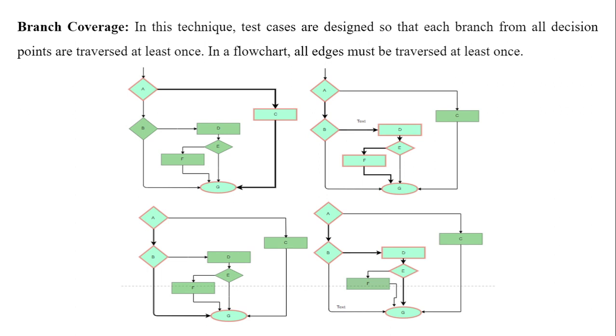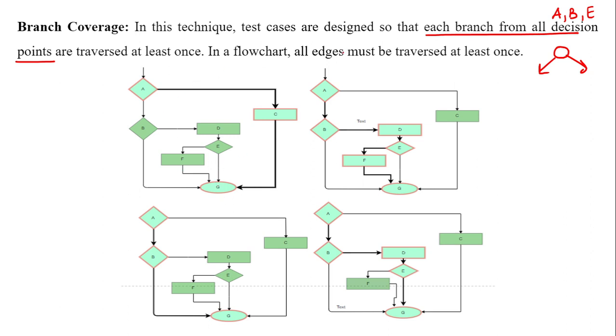Now in this technique, test cases are designed so that each branch from all decision nodes, I hope you all know what are decision points or decision nodes. These are your decision nodes or decision points जिनसे we have more than one option to go from. Okay, so your A is a decision node है ना. Let's write all the nodes, decision points. ये आपका decision point है. B is your decision point, right? No, C is not there, D भी नहीं है. E आपका decision point है, right? F नहीं है और G भी नहीं है, ठीक है.